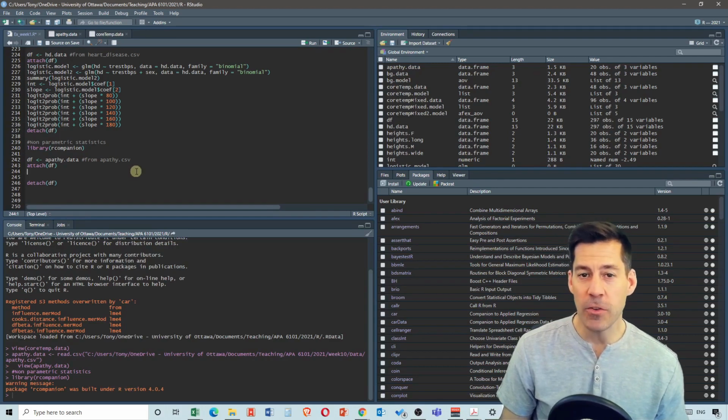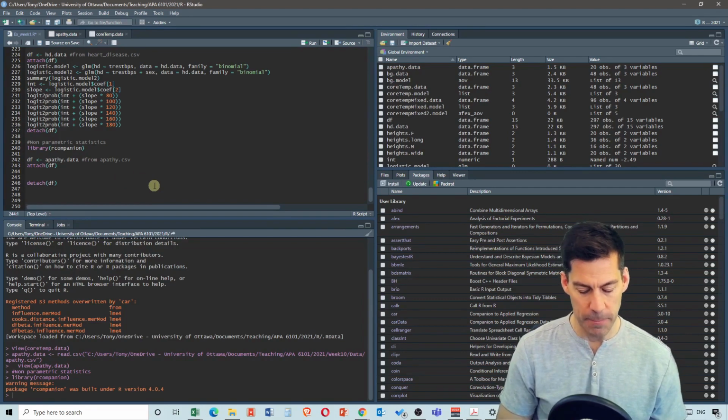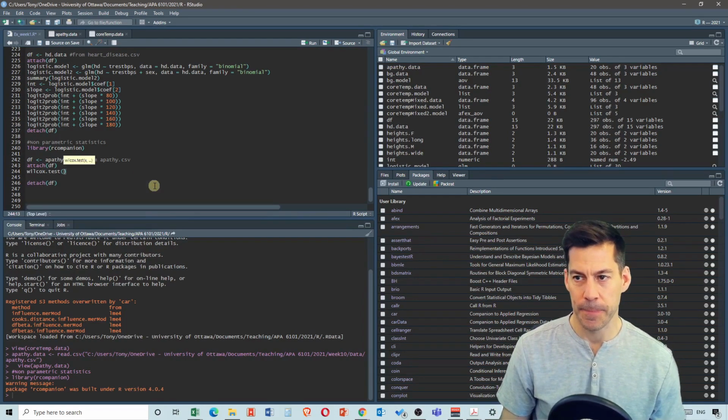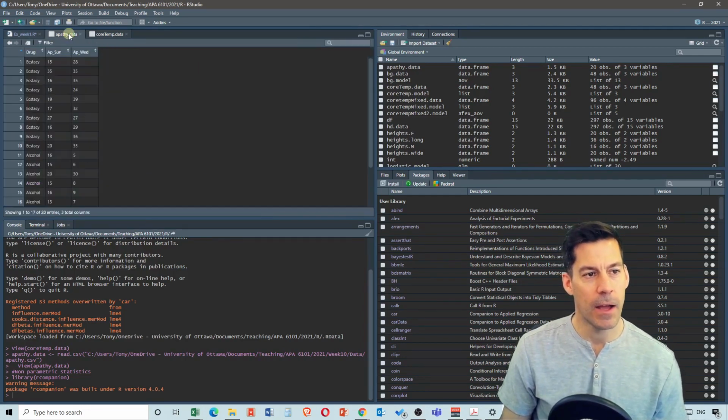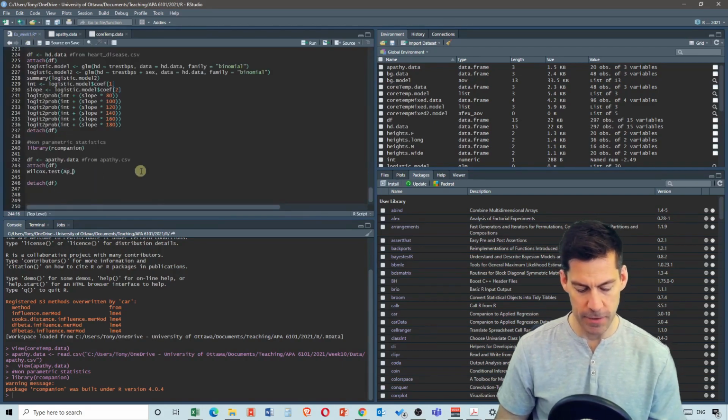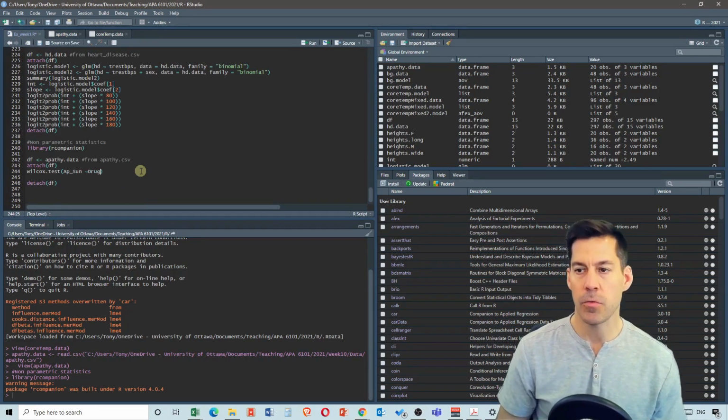So the way to run our test that we're going to do in R is by using a command called wilcox.test. And all I need to do is tell it what I want to look at. We're going to look at apathy Sunday as a function of drug. So I go back here. I need to give it AP_sun as a function of drug. Now, if I run that,